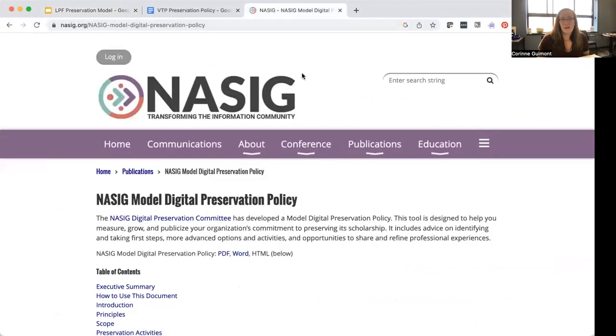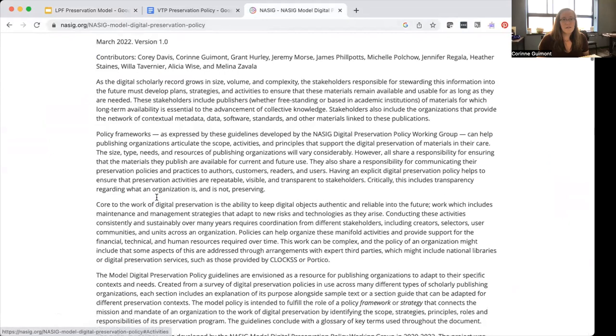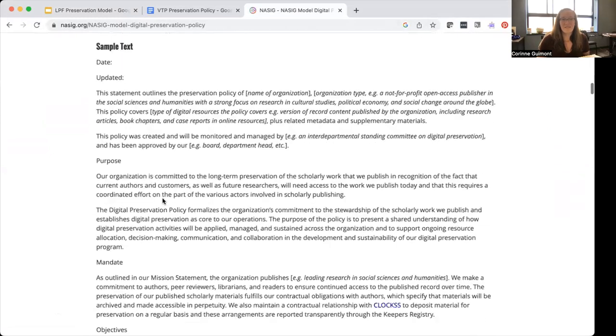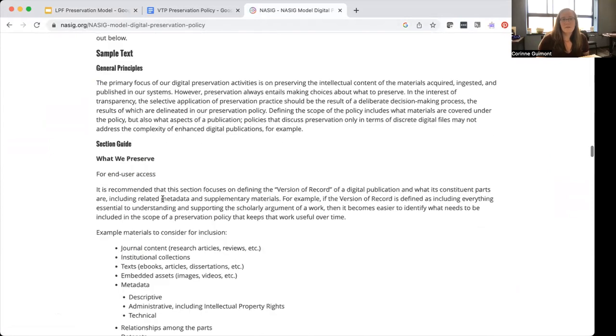So this is the NASIG digital preservation policy, and you can see there's a whole table of contents, how to use the policy, all that. But I skipped down to directly where they started outlining the sections that your policy might have, and I stole or borrowed a lot of those sections from this policy directly. So we have an introduction, the principles, a bit of scope,